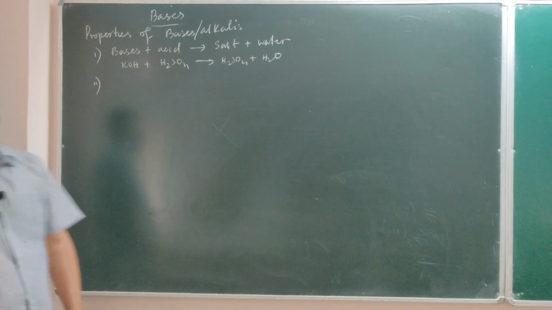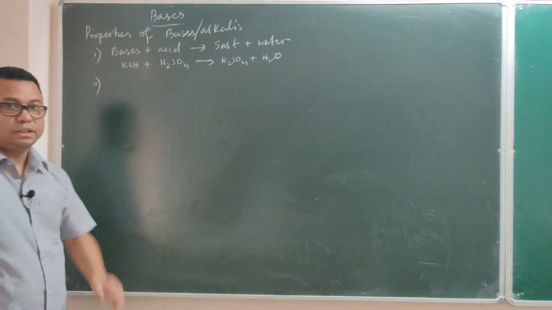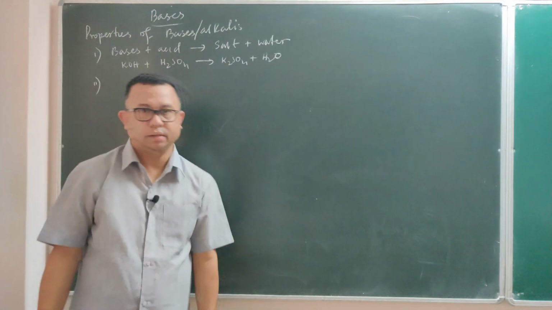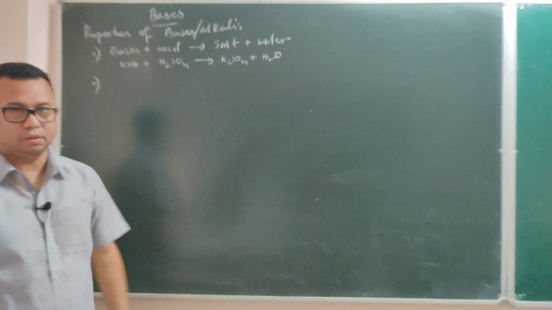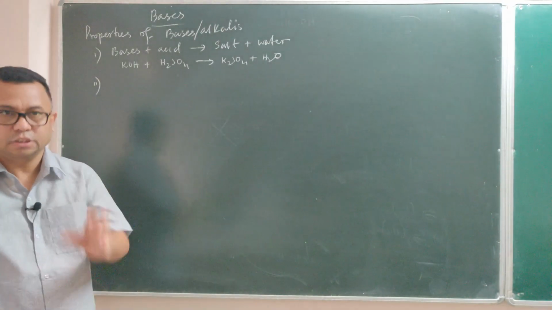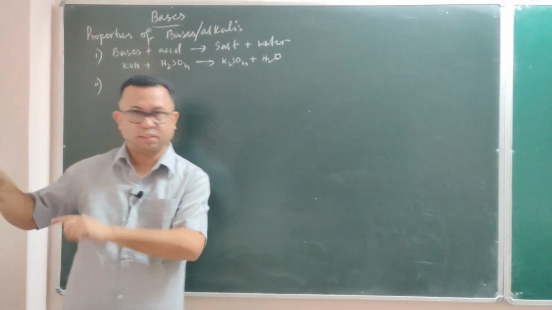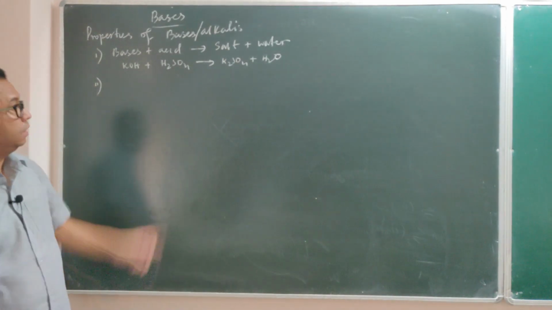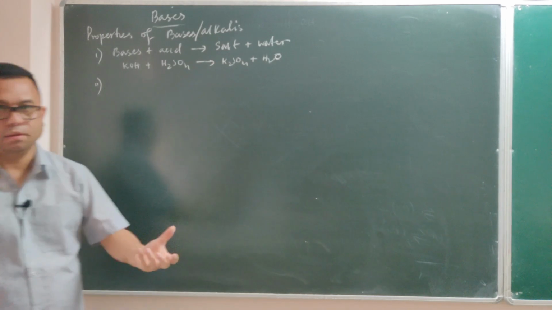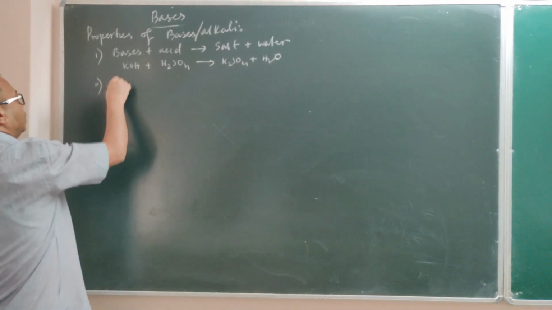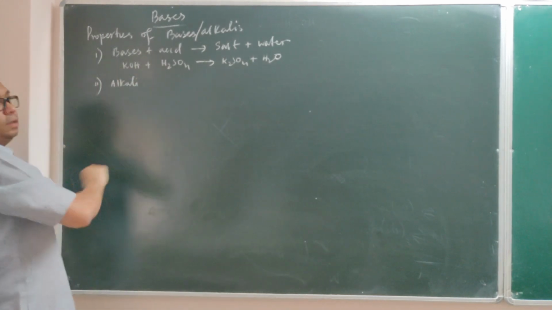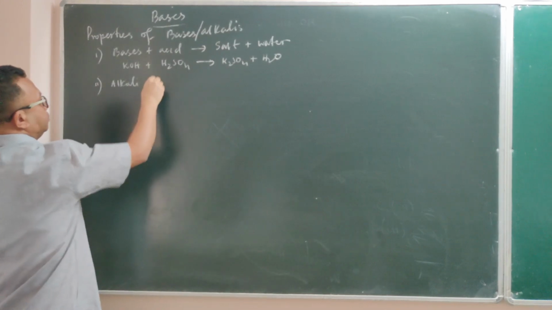Second one, alkalis have the tendency to absorb carbon dioxide. In fact, you might have heard about caustic soda, caustic potash, especially caustic potash is used for absorbing carbon dioxide. In that photosynthesis experiment in biology you might have seen. So caustic potash is nothing but an alkali. So that means what can alkali do? Alkali can absorb